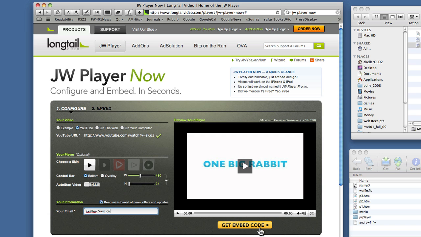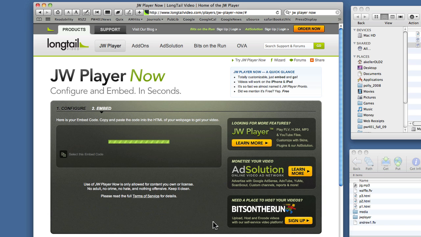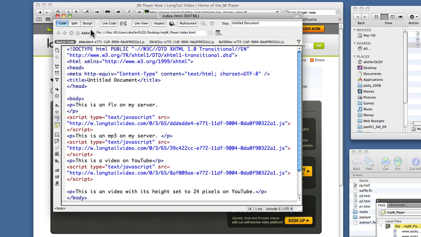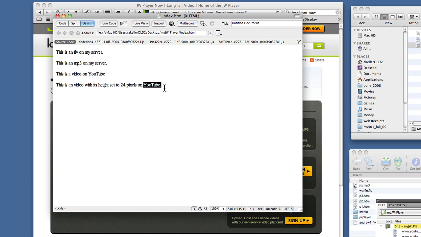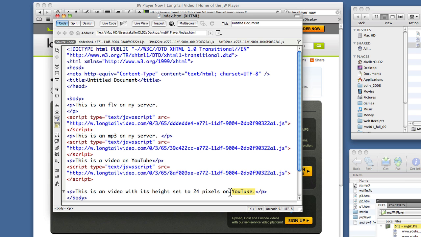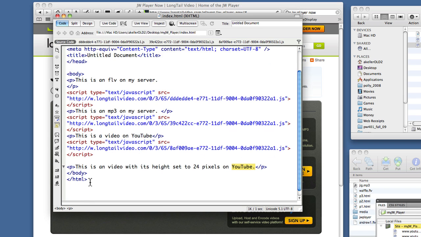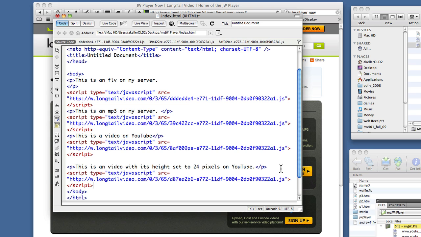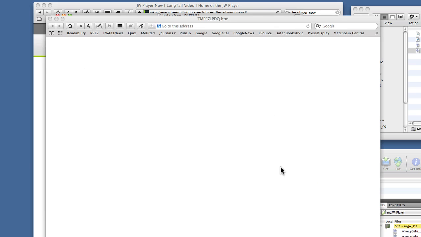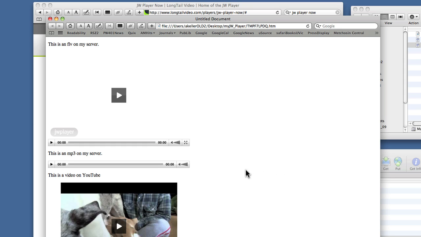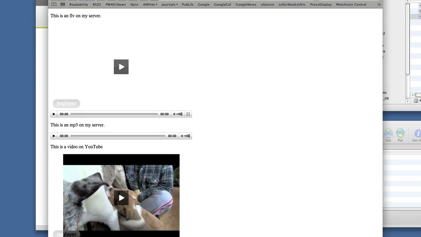That's what they want. If I don't do that, they won't give me the embed code. And this time, I'll wait just a second as we've done before, and I've got some code, and I'll go back to Dreamweaver, and as we've done before, I'm just going to find the place easily where I want to have this appear. And in this instance, it's right there, and I'm just going to paste that in and save it. And if we come down to the bottom example,